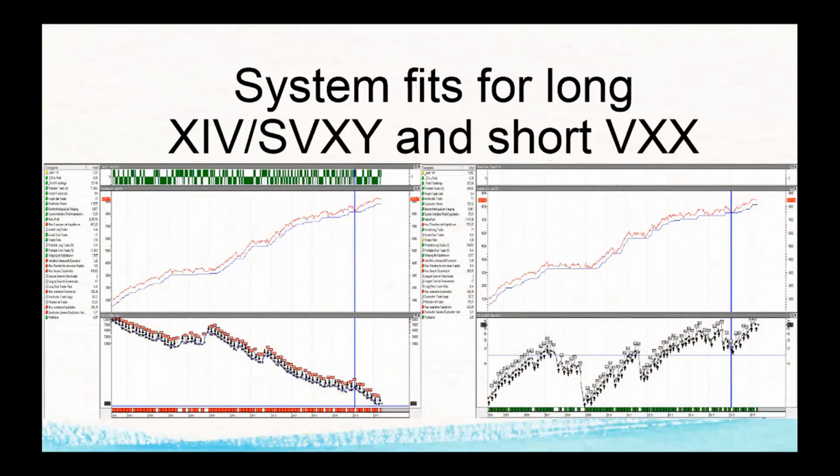On the left side, you see the VXX system running. On the right side, you see the SVXY system running. The red one is the equity curve. The blue line is some sort of cutoff of the system. If the red line is crossing the blue line down to the downside, the system will